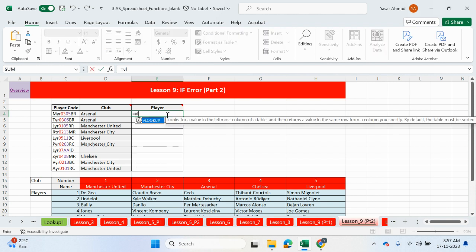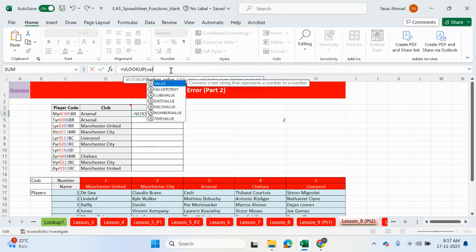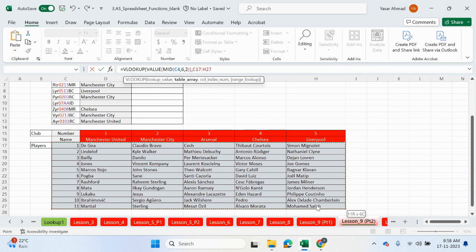So equals VLOOKUP now. Okay, so we want to extract the purple values. So we need to convert it back into a number. So use VALUE, use MID. Click on this cell here. And we're going to start from 1, 2, 3, 4, 5, 6 characters in, 2 characters long. Close a bracket, comma. The table array is going to be from the player number, and it's going to go all the way across to the last club. So let's highlight all the players up to the last column here,